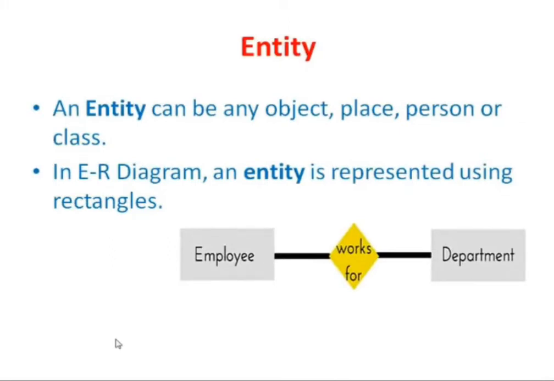As you can see clearly in the image, there are two entities. They are represented using rectangles named employee and department. In this case, employee will be a table and department will be a table. They may consist of a number of records and fields, which can contain several domains as well, and other primary keys, foreign keys, etc. So normally any table in the ER diagram will be represented in the form of rectangles. So tables can also be called entities.